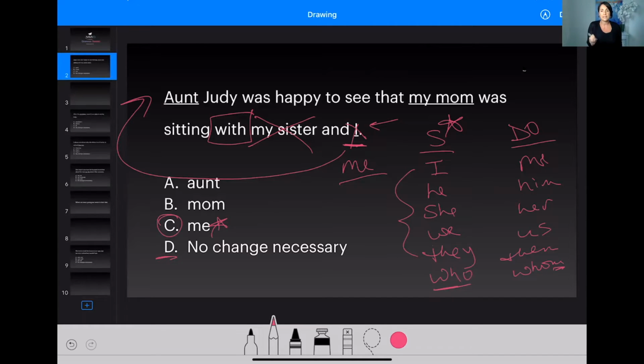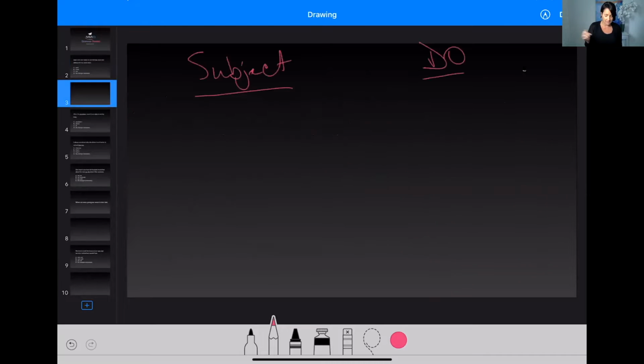The pronoun is in the subject of the sentence. The direct object is in the predicate or after the preposition. She went to the store with him. Sally went to the store with me. So notice that the direct object typically comes in the predicate of the sentence and usually follows a prepositional phrase. The reason why this is important is because